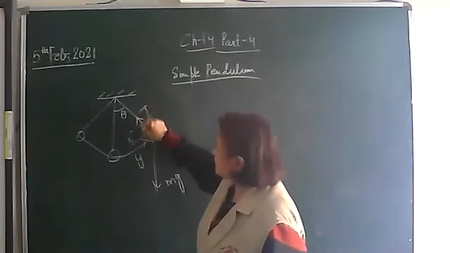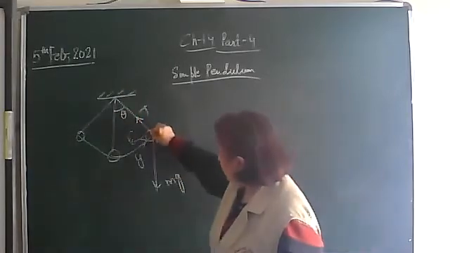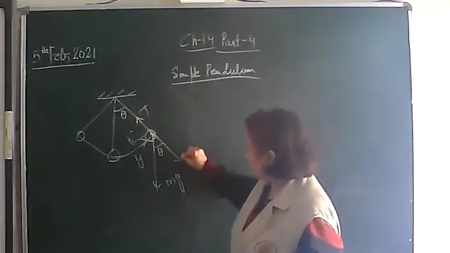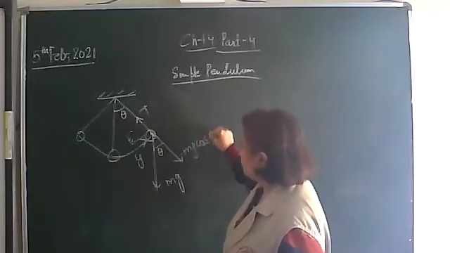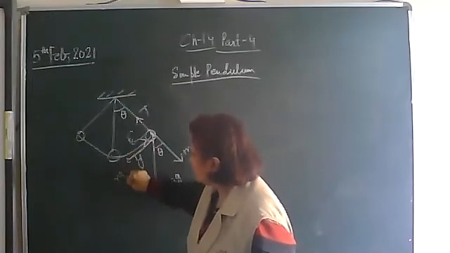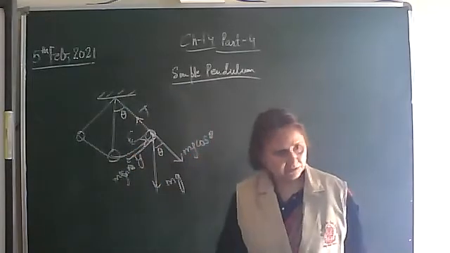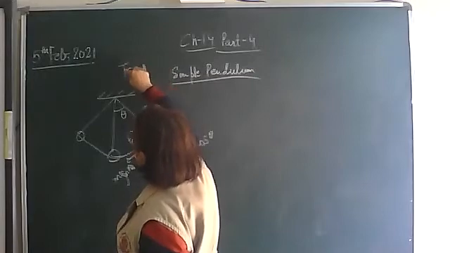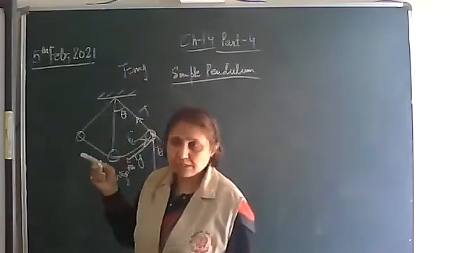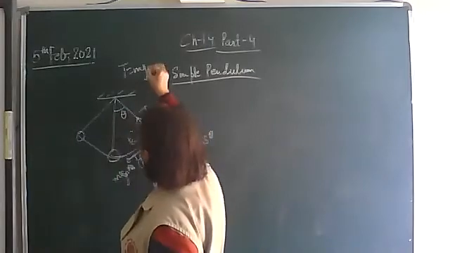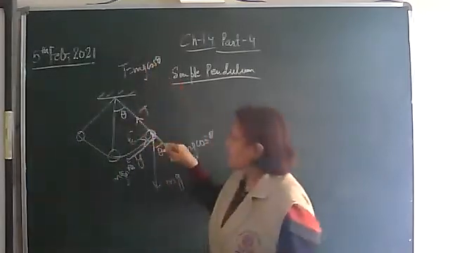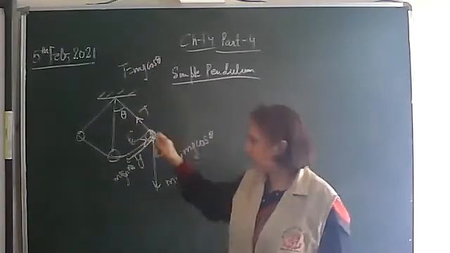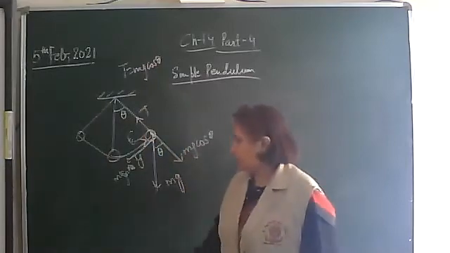The other force is the tension in the string. Extend this line; if this angle is theta, this angle is also equal to theta. Resolve mg: this component is mg cos theta, and this component is mg sin theta. Tension is balanced by mg cos theta. This T here is the tension. Later on, we will use T for time period also. Here T is tension. Tension is equal to mg cos theta. So there is no motion along this direction. It's moving only along this direction, because this tension is balanced by mg cos theta.